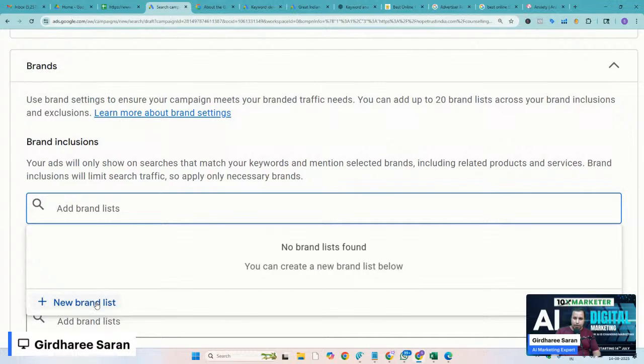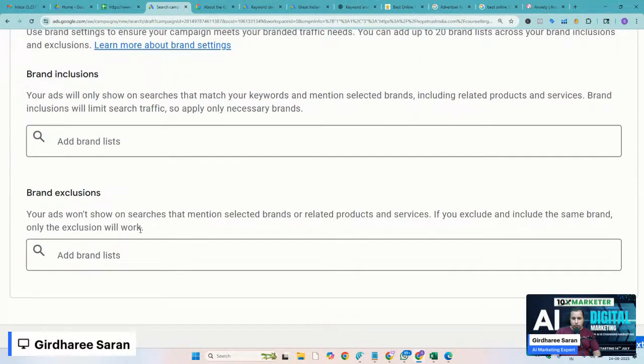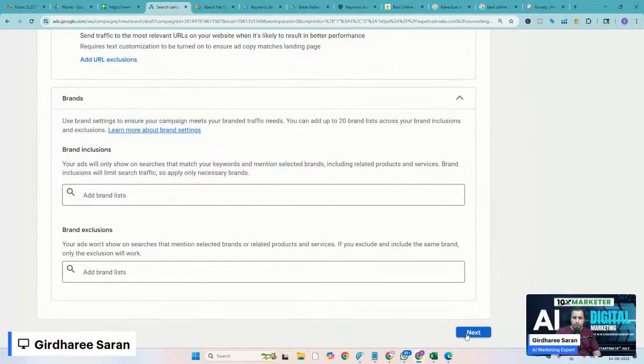You can create 20 different lists and it will include those. Let's say you want to exclude, you don't want to show your ad to people who are specifically looking for some brand. You can also exclude that here. What it means is, let's say you want to show your ad to people who are looking for your